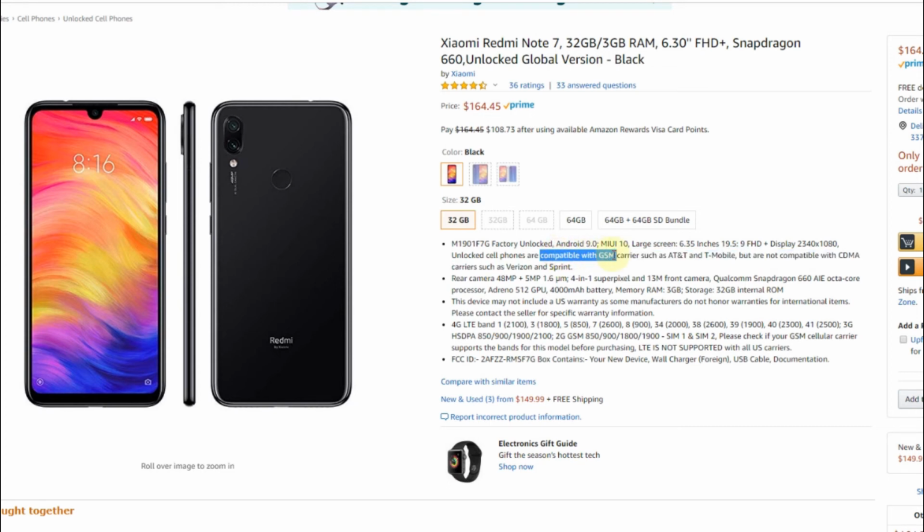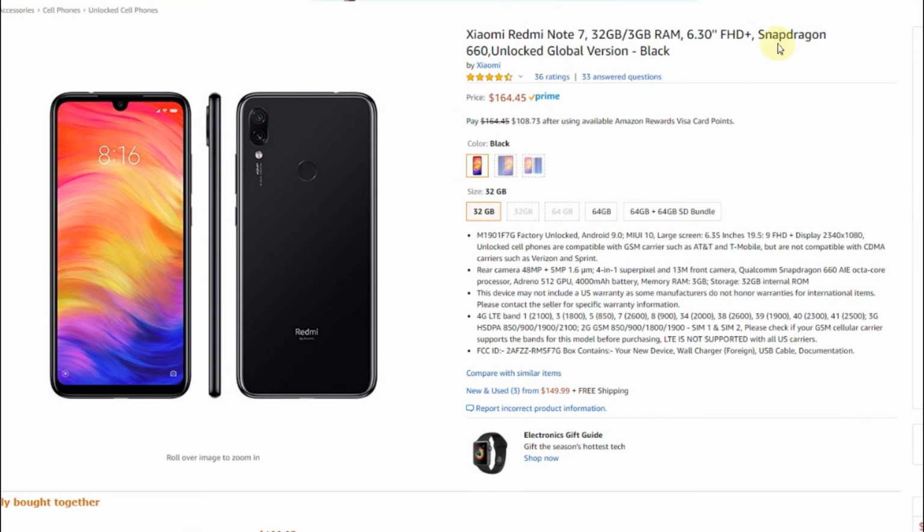Compatible with GSM doesn't mean fast. Compatible means just it's working, can be 2G. And if you have had once a phone with only 2G compatibility, yeah, you will never forget for the rest of your life. It's so super slow. You can maybe live with some kind of 3G, but 4G is definitely way better, because